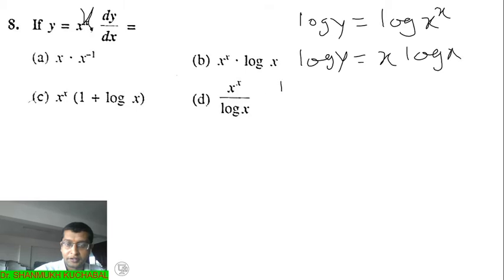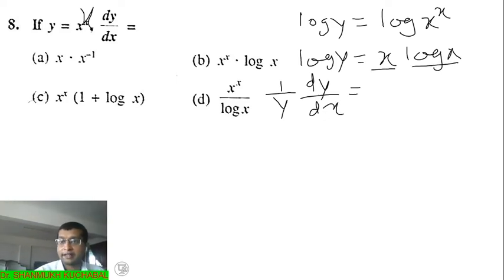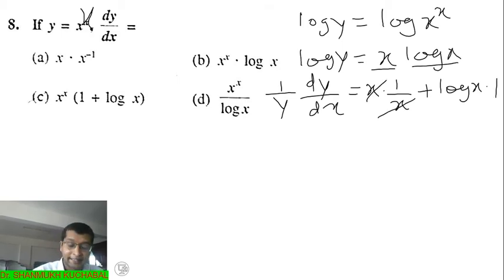Log y differentiation is 1 by y times dy by dx. Now x is one variable, log x is another variable, and they are multiplied. We have to use the product rule, that is first function as it is, then second function differentiation. Now second function as it is, first function differentiation as 1. Now x and x get canceled. So further we have to write the solution for dy by dx.